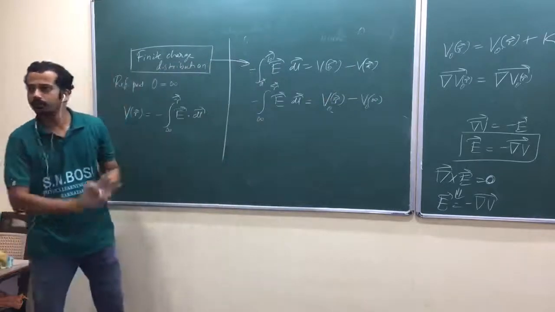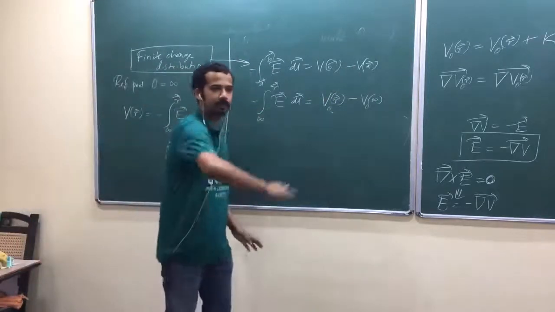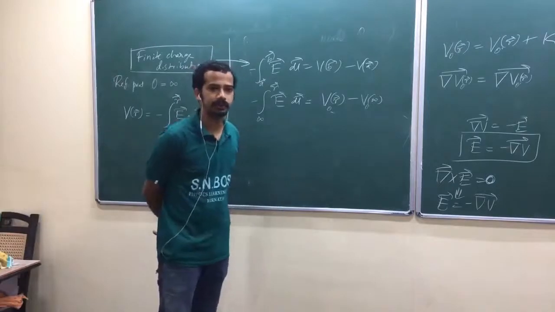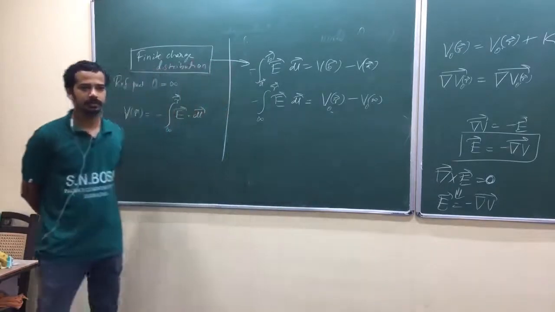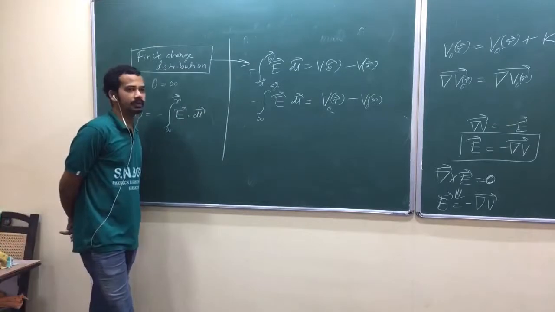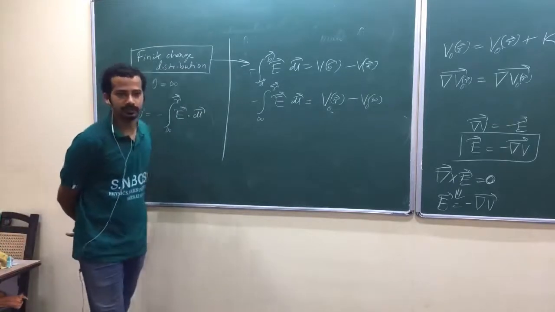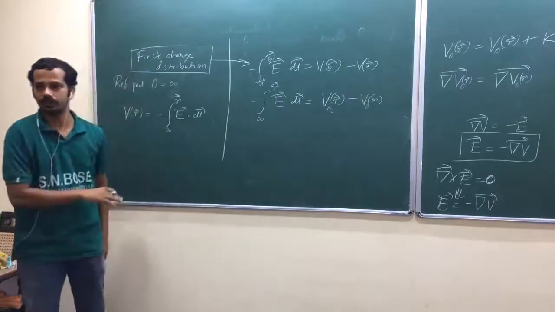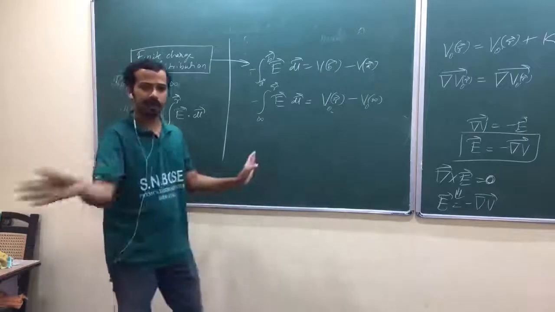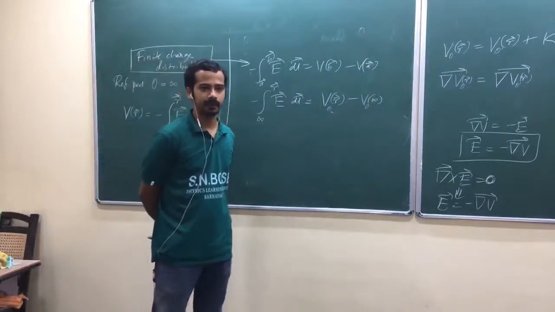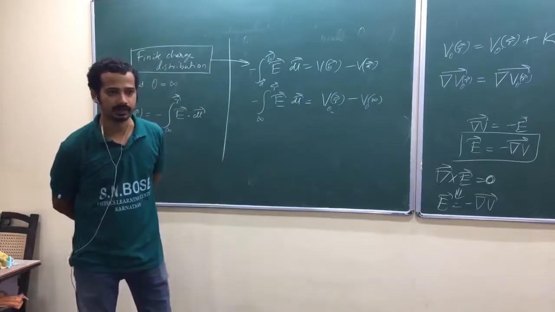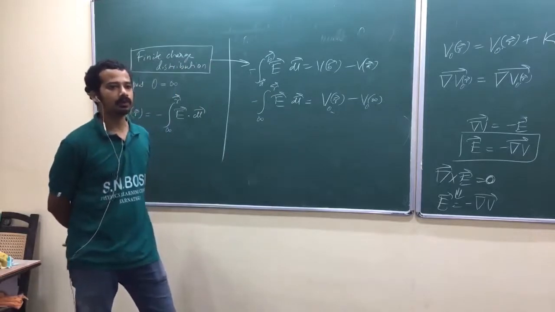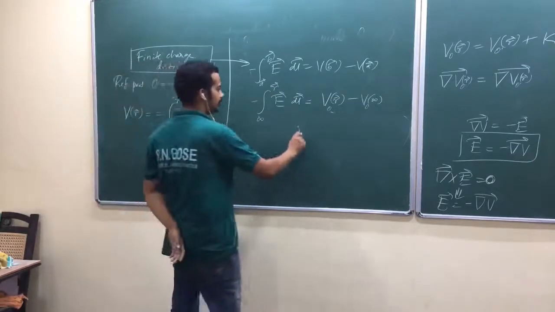Am I right? What do you mean by infinity? Infinity means you are escaping from charge distribution. Isn't it? Infinity means, so from infinity you can't see any charges. That is the meaning. If you have any finite charge distribution, you are going to infinity means you are escaping from that region. Or you can't see that point charges like that. Is that okay? So now what we are going to choose is potential at infinity equal to 0